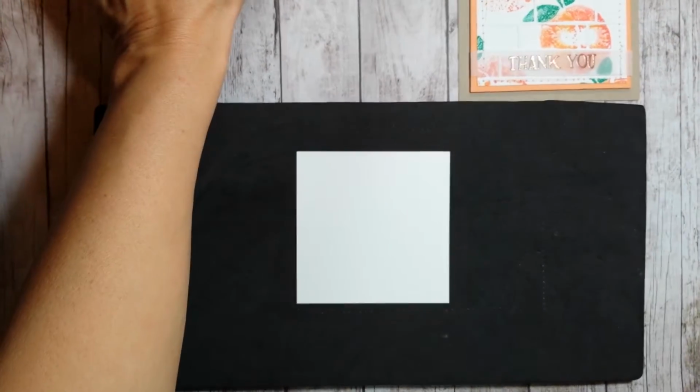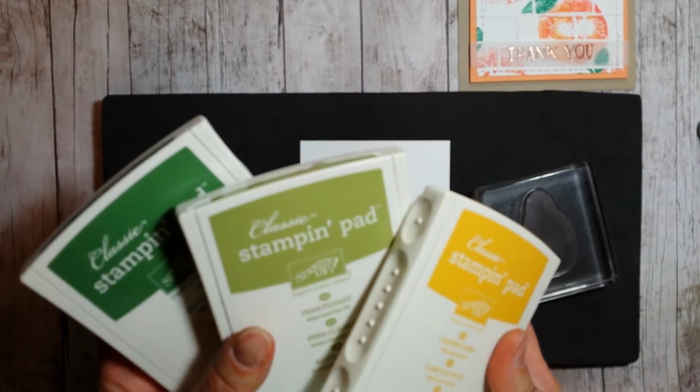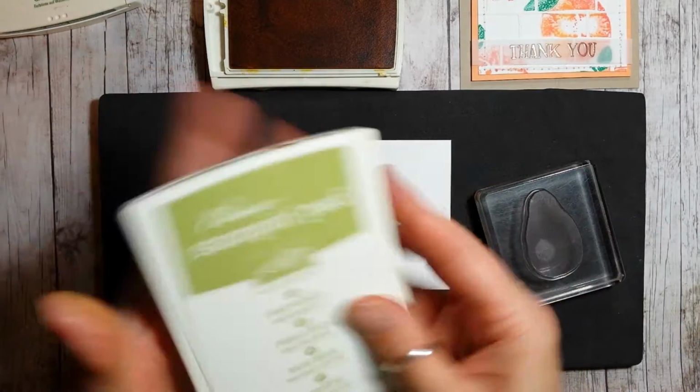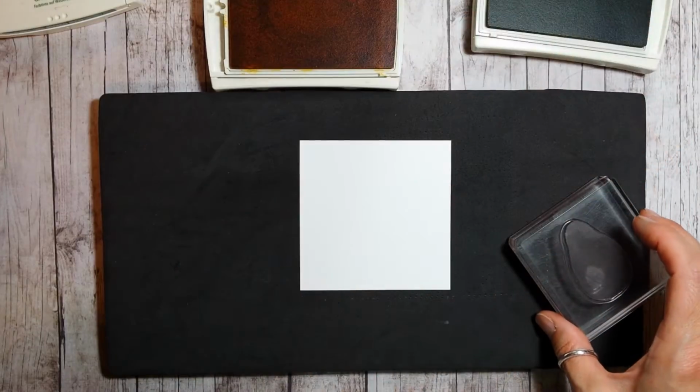This time we're actually going to use the pear, and I'm going to use crushed curry, pear pizzazz, and garden green for this one. So we'll open up that pear pizzazz and the crushed curry because that's what we're going to use first. We're going to get our